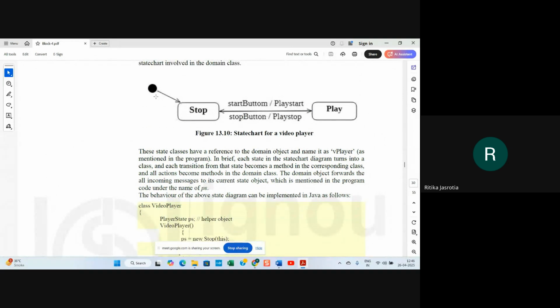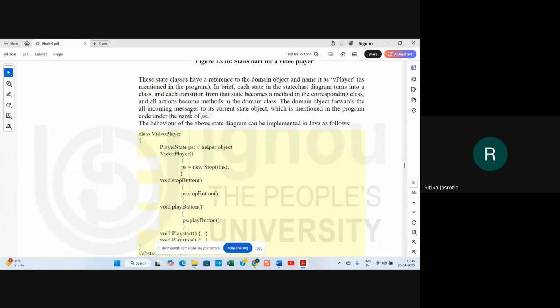Here they are saying you have a stop button. Initially it is in the stop state, right? When you press the start button or play start, it starts to play, right? And when you press the stop button or play stop, it goes back to the stop state, something like that. So what they have shown here, this